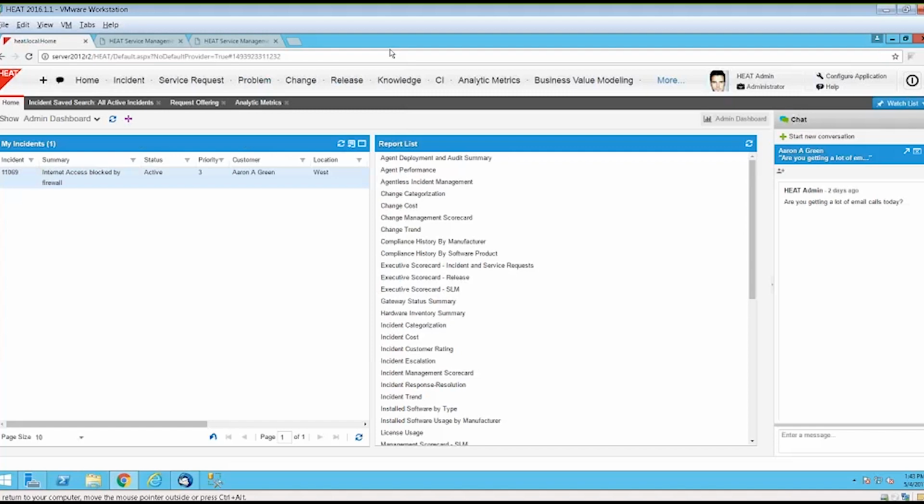Yeah, absolutely. So you can take Heat, and by the way, I don't know that I mentioned it, this software is all web-based. However, it can be deployed on premises. It can be deployed as a cloud offering. So depending upon whether you want to manage the infrastructure or have it running in the cloud, you can do either way. And in either format, you of course have integration options to be able to integrate and pull data